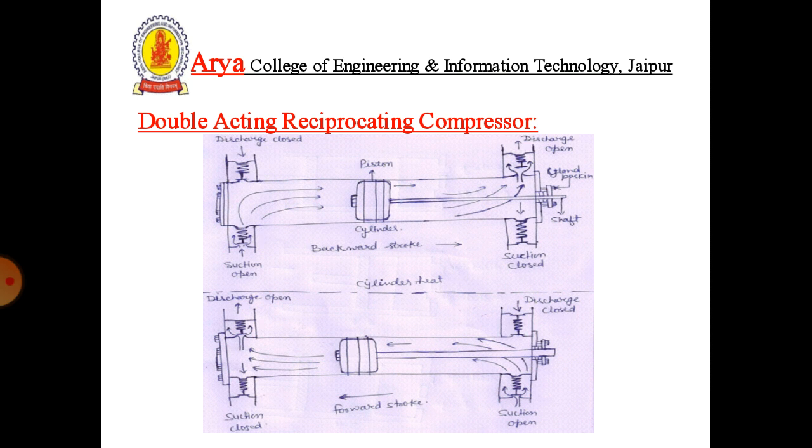Similarly, at the right hand side, at the same time the suction valve remains closed, and with further movement of the piston towards the right, at a particular pressure level, the discharge valve opens at the right hand side. In the figure below, when the piston moves from the right hand side to the left hand side, the discharge valve at the right hand side becomes closed and the suction valve becomes open, while at the left hand side the suction valve remains closed and at a particular air pressure level the discharge valve becomes open. The process is repeated again and again with the movement of the crank and the piston inside the cylinder.